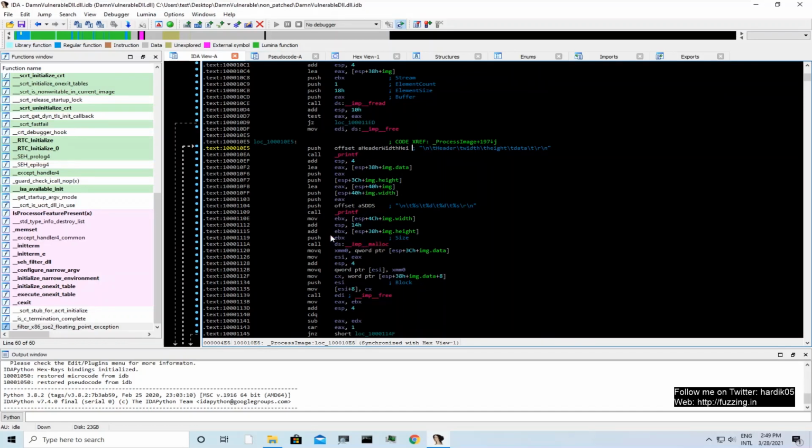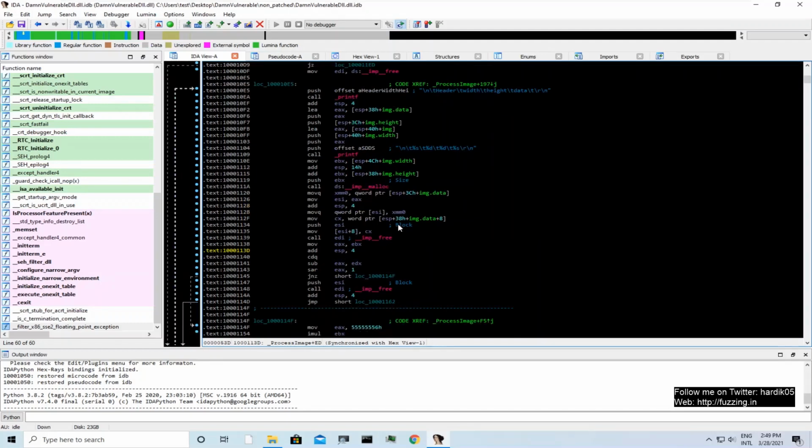It is adding image width and image height, there is an add instruction. Then it pushes the value inside EBX, which is the size to malloc, and then it directly copies all the data, that is img.data, to this malloc'd buffer. There is no check at all, and this is what was causing the vulnerability.